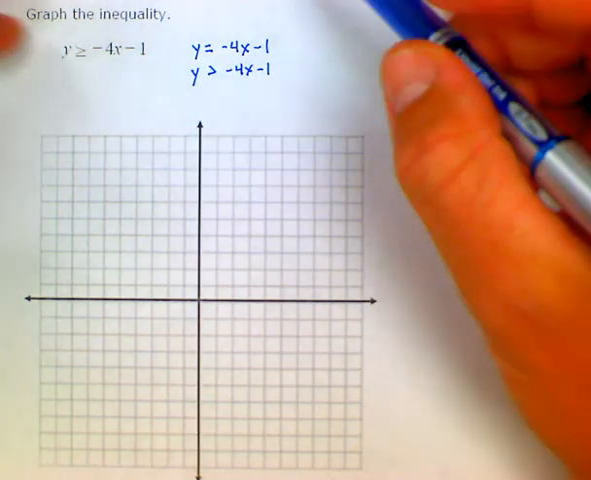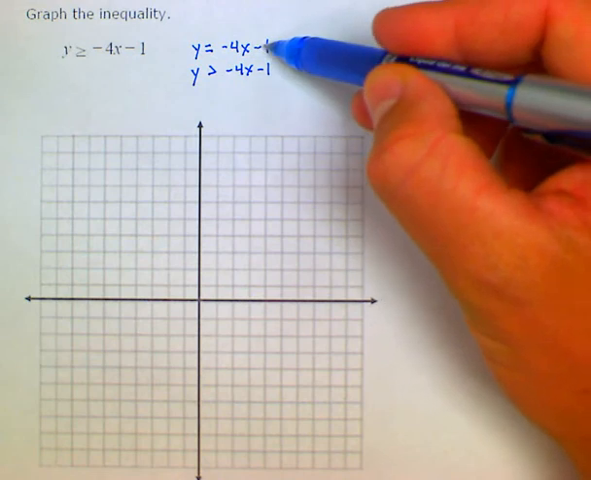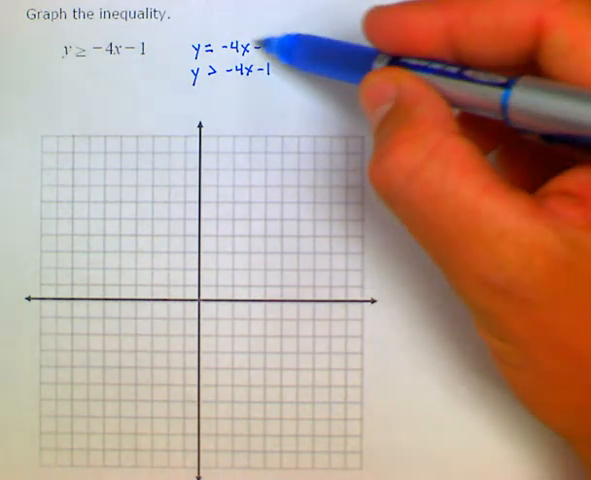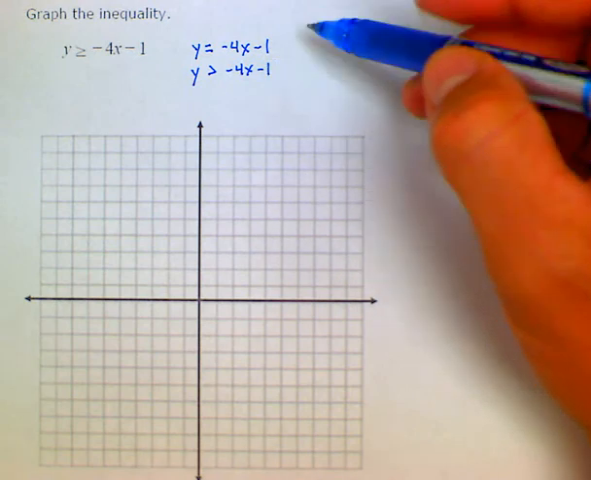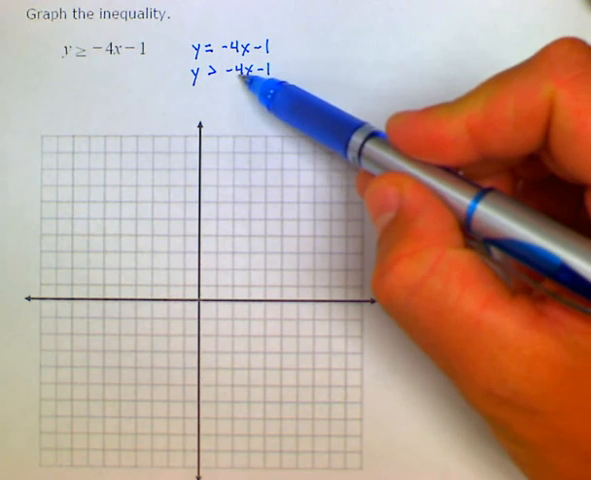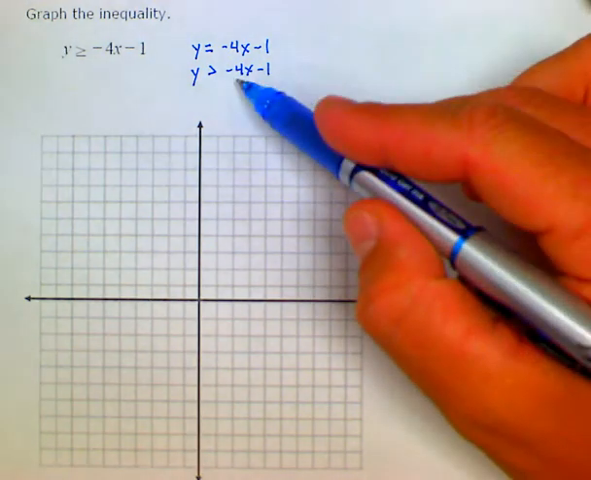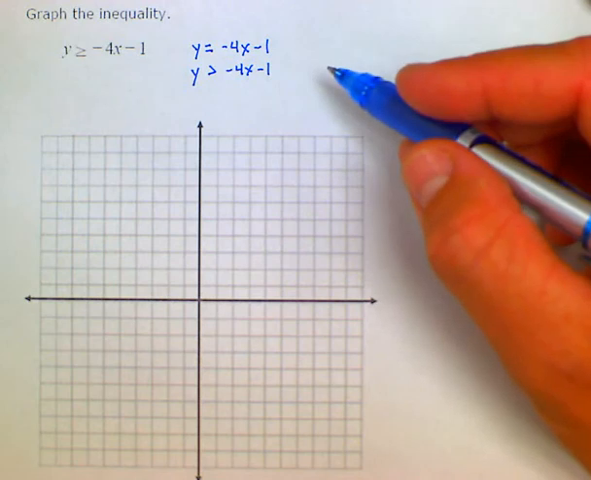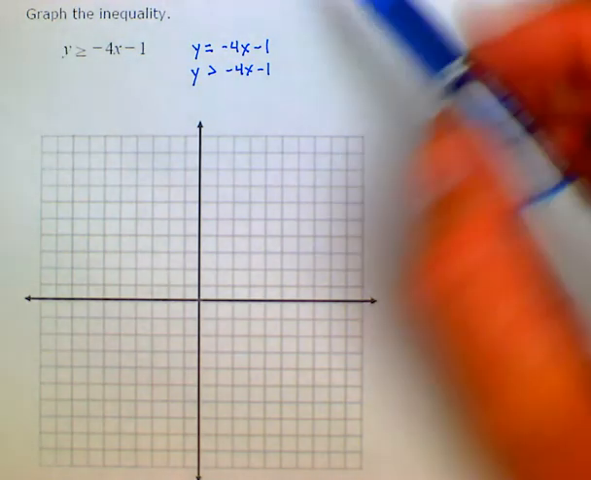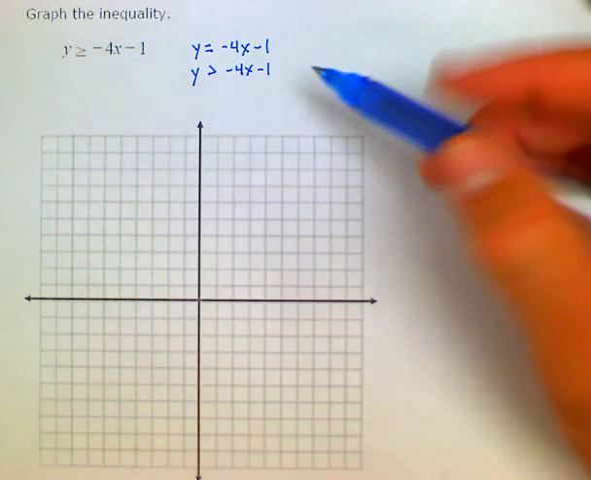So everything on the linear equation y equals negative 4x minus 1, on that line, is part of the solution set. And then all y's greater than negative 4x minus 1, all points that make this statement true, are also part of the solution set. So given that it is already in slope-intercept form, we can just identify our starting point,